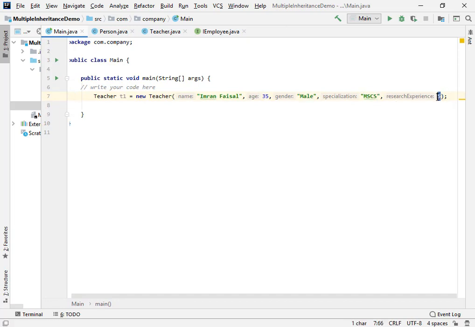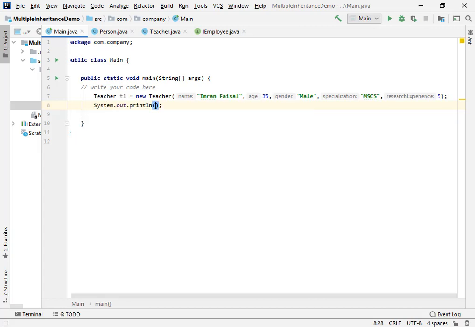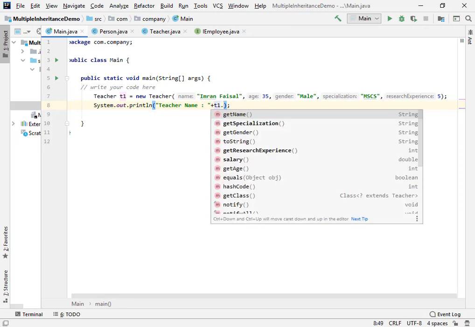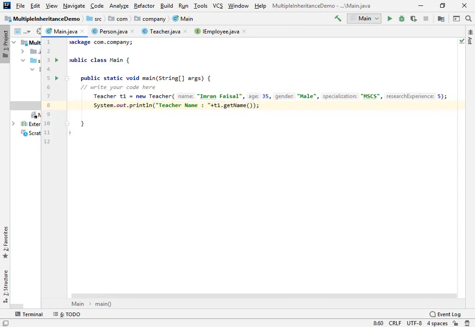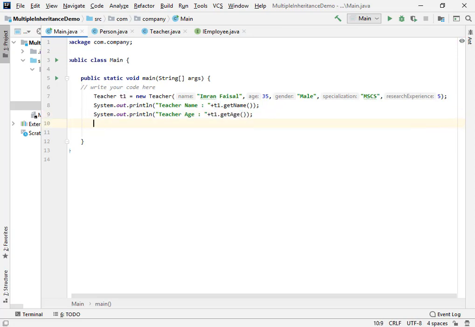So now you can see we have created an object which is initializing all the fields: name, age, gender, specialization, and research experience. So now what we can do is we can print out these values by the help of System.out.println. So first of all we're gonna print the teacher name. Alright, so by the help of t1, which is an object, I'm gonna access the getName, which is a getter method, to get the name of the teacher. Then we're gonna print out teacher age, that will be accessed from getAge method.